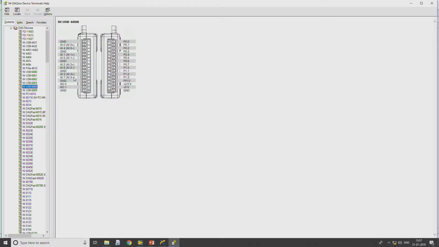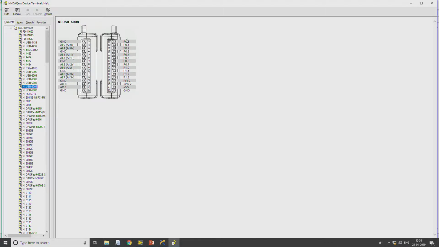In this case, I will be using AI0 plus as well as AI0 minus. Since we require generating an output signal, we have to go to AO0. AI indicates analog input, AO indicates analog output. So it not only has analog input, it can also generate a signal using 2 channels, which are at the 14th pin and 15th pin.